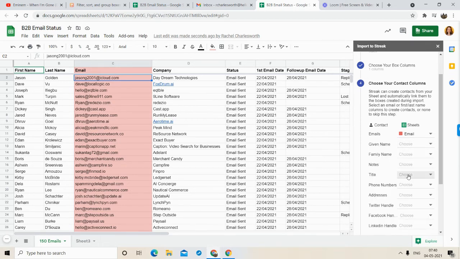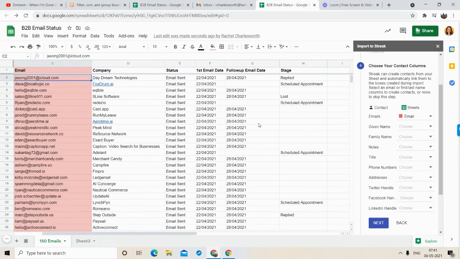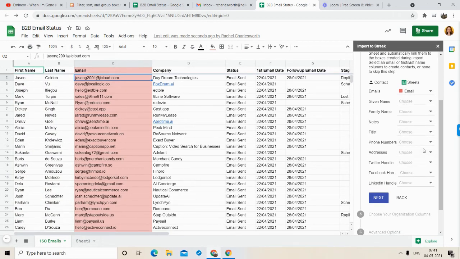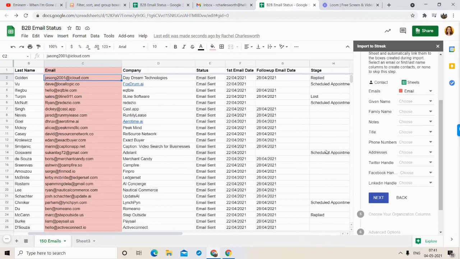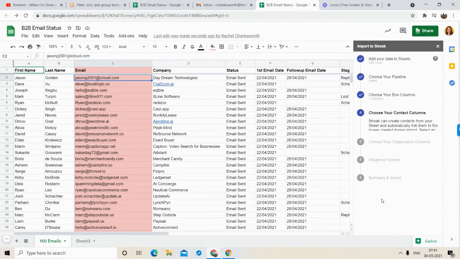If you have any notes, you can. Now, do I have any title? I do not have any title, right? But if they have a title, like founder, owner, CEO, then you can choose. I do not have any contact title in this, so I'm not choosing it. But I'm just telling you to make you understand what it is. If I have phone numbers in my Excel sheet, I can import those as well. If I have the contact address, I can import that as well. Contact links, social media accounts like LinkedIn, Facebook, I can import into my CRM. I don't have any of these contact columns, so I'm not importing them, but for the sake of it, I only have emails, so I'm going to import only emails, right? So I'll just click on next.